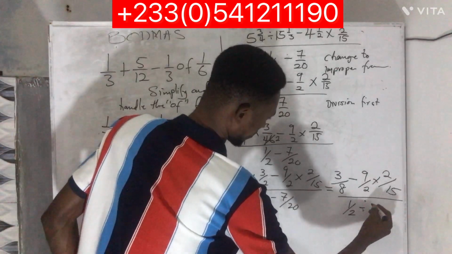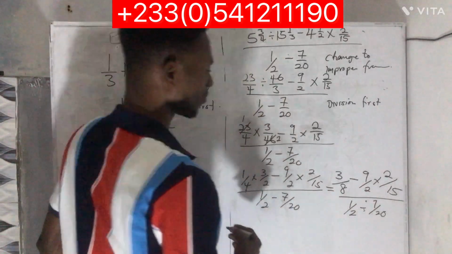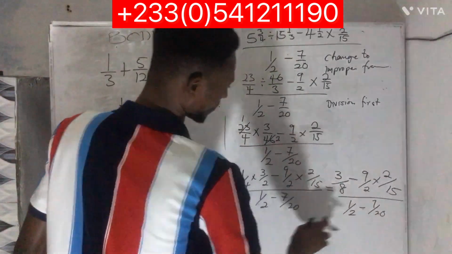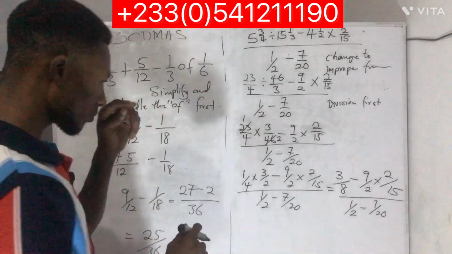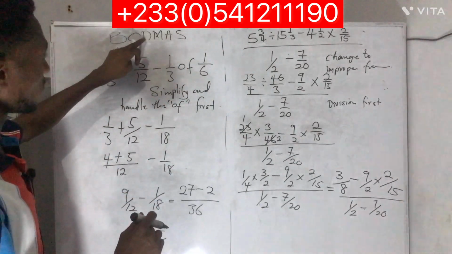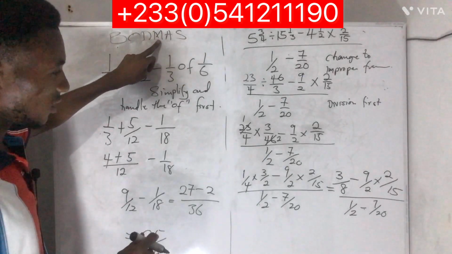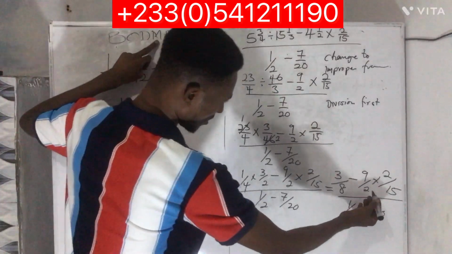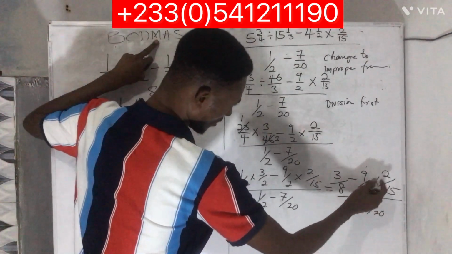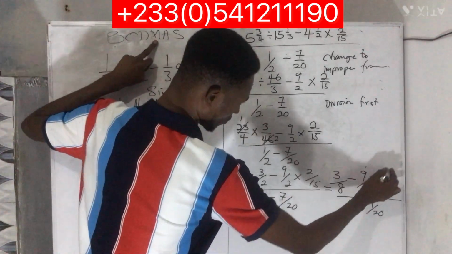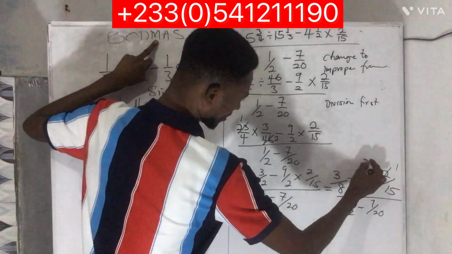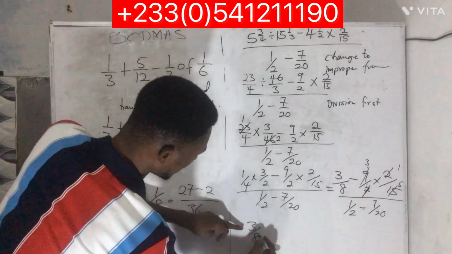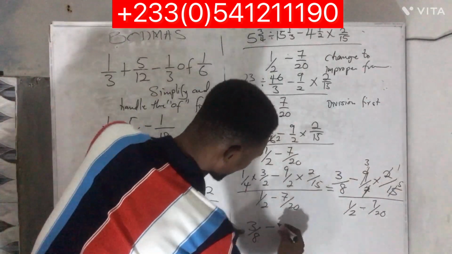minus 7 over 20. Do you understand? Now, do we have division in it? We have dealt with it. Do we have multiplication? Yes. So now this multiplication is this. 3 will go here 1, 2 will go here 1. 3 will go here how many times? 3 times. 3 will go here how many times? 5 times. So at the end of the day, we have 3 over 8 minus 3 times 3, 3 over